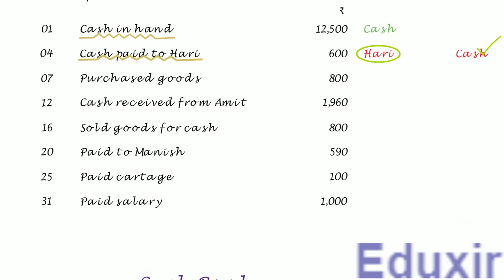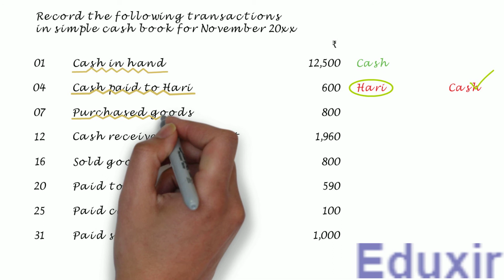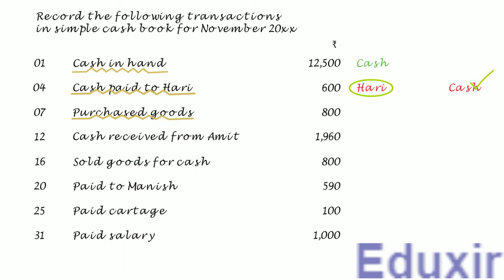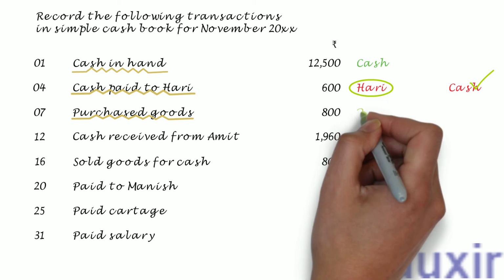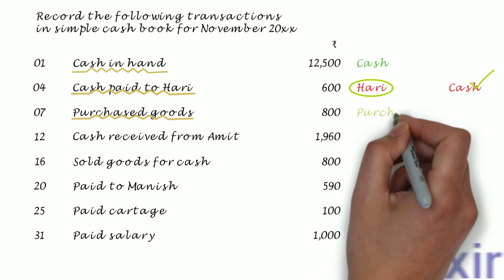In this transaction, the business has purchased goods worth 800 rupees. Note here that the vendor or supplier from whom the purchase is done is not given. So we can safely assume that the purchases are done in cash here. As you know, the purchases are revenue expenses. In other words, the business is incurring an expense named purchases in this transaction. The rule to record any expense incurred is to debit the corresponding expenses account. In this case, the purchases account should be debited.